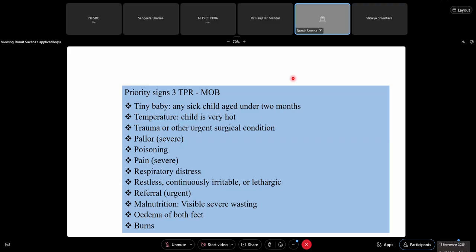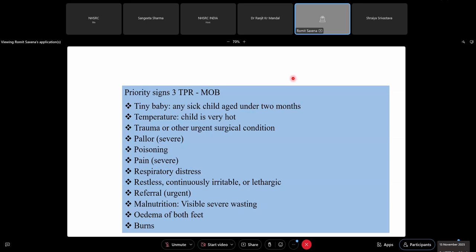Temperature: a patient who is very hot or very cold, both are to be noted. Any trauma, especially fall from heights, road traffic accidents, any surgical condition. Remember, in the winter seasons we get a lot of diarrheas, a lot of rotavirus diarrheas. Often they have intussusception, which might present with just abdominal distension. So learn to identify that something is not right with the abdomen, and then obviously involve the surgical colleague. If the child is looking pale, learn to examine their hands and the tongue and see whether there is central palmar pallor or not.